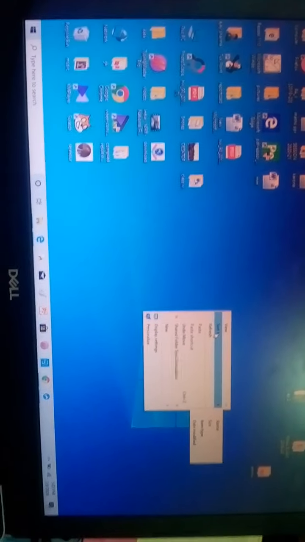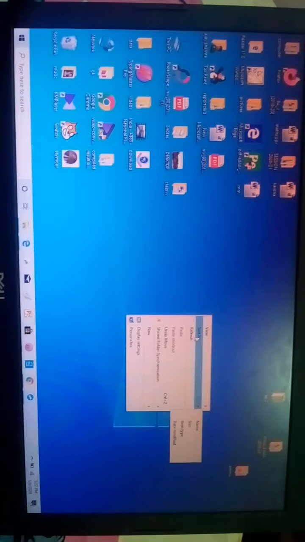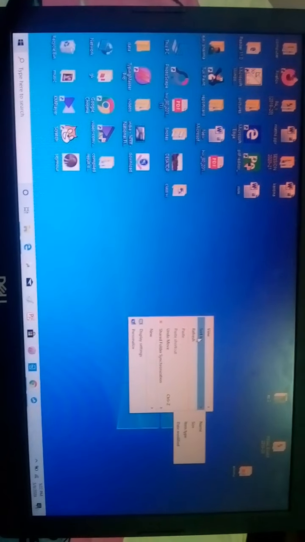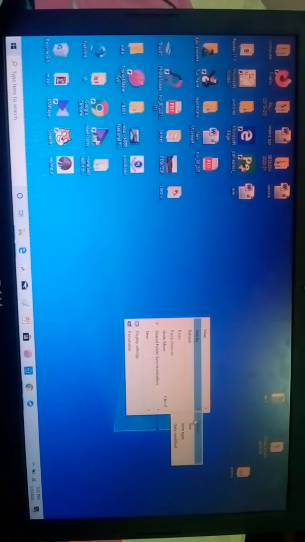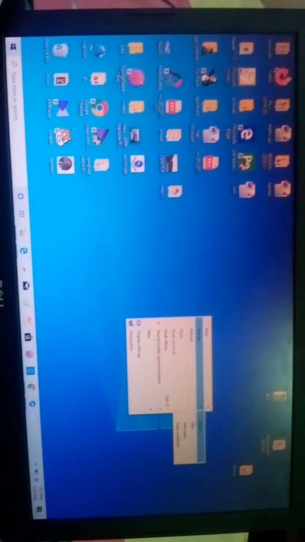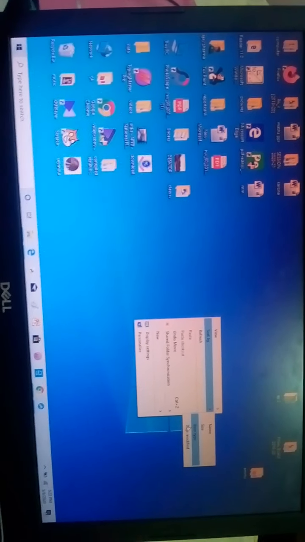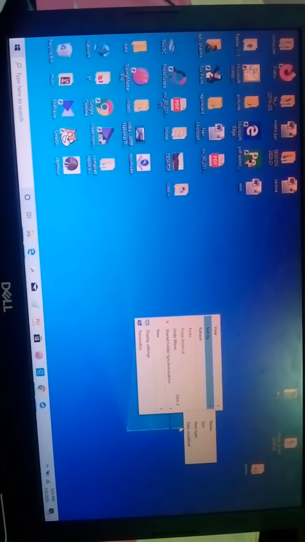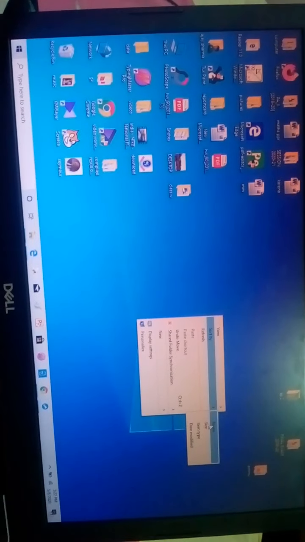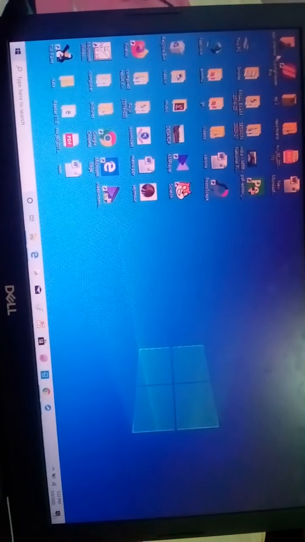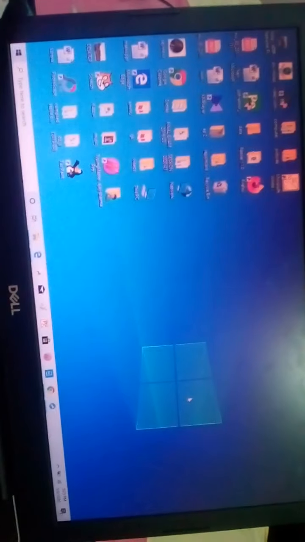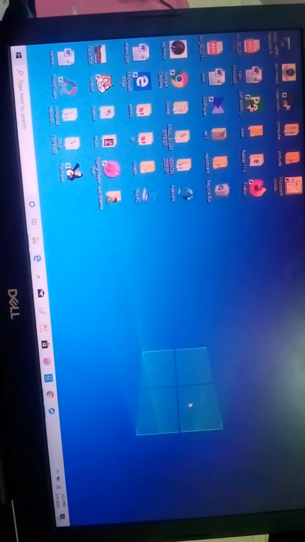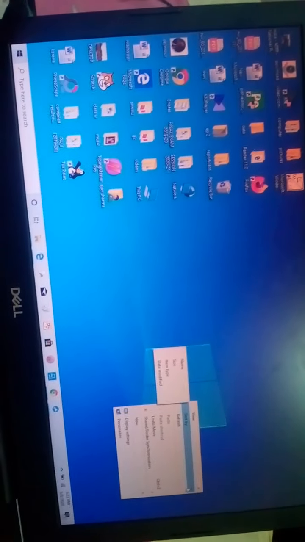Sort by means to arrange your icons on the desktop. To arrange your icons on the desktop, you can use the sort by option. You can arrange your icons using the name option, size option, item type, and date modified. The name option will arrange your icons according to their name in alphabetical order, and the size option will arrange your icons according to their size. And item type,